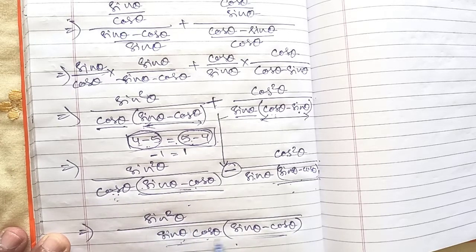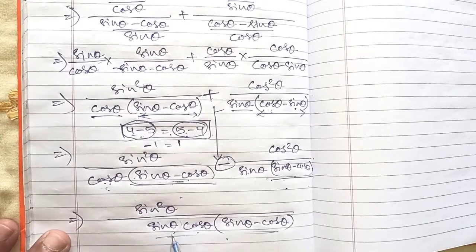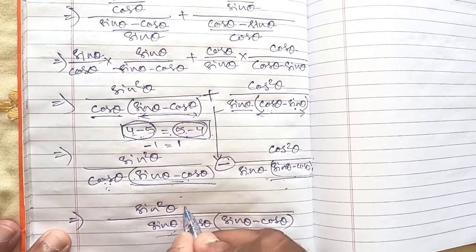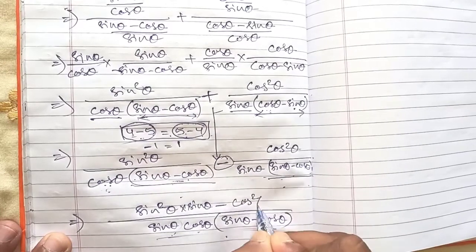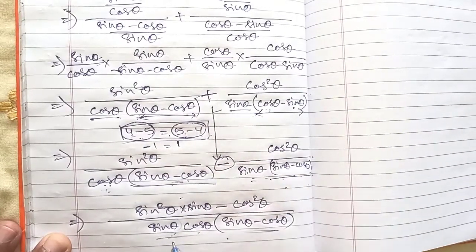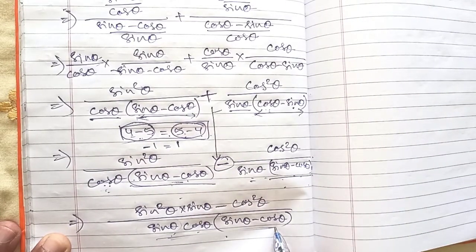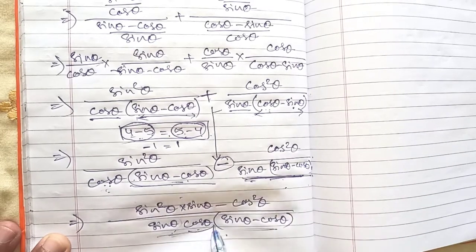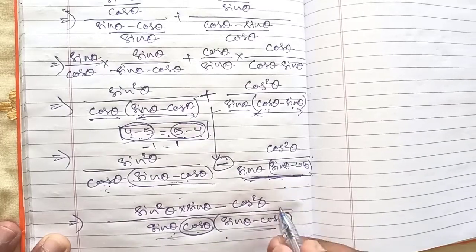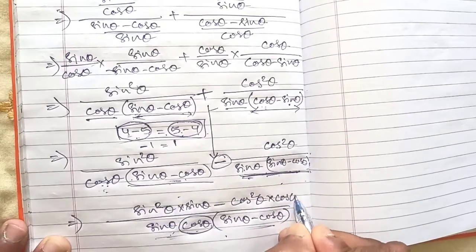Okay, this is the extra term which is given in the LCM. So this sin theta will be multiplied with the numerator, minus cos square theta. See, two terms are there. Here three terms are there in the LCM in the denominator. So which term is missing? Cos theta is missing here. That cos theta will be multiplied with the numerator. Okay, so now